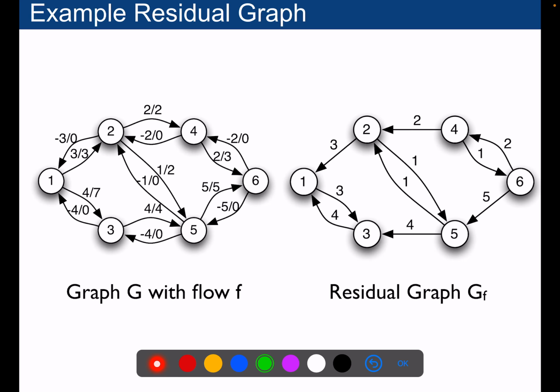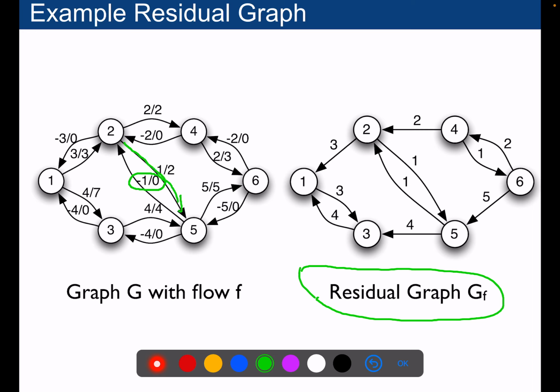So, the residual capacities that we will add are represented here. Okay, so that's the graph with the flow, and that will be the residual graph that you have here. What is interesting is that you can also cancel the flow, because by convention, if you remember, we had the opposite edge. If you push 1 unit of flow here, we had the -1 here.